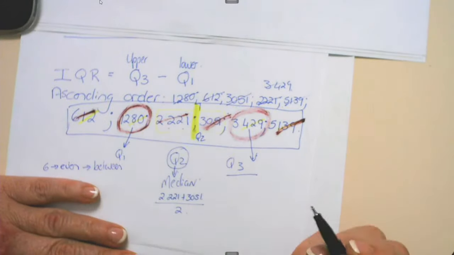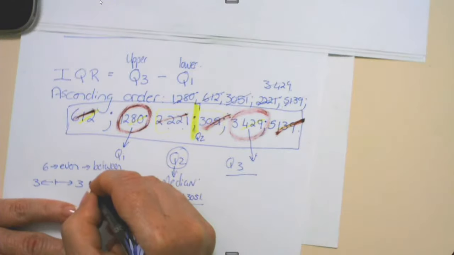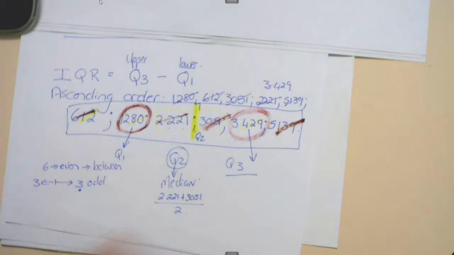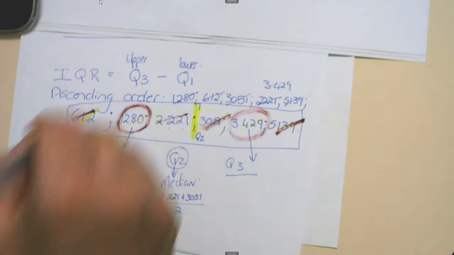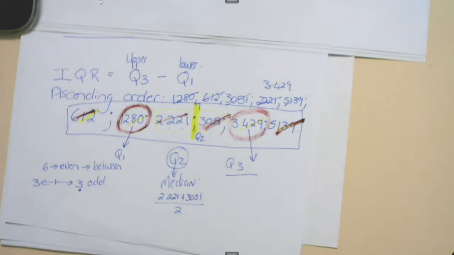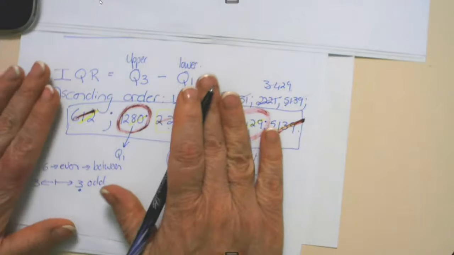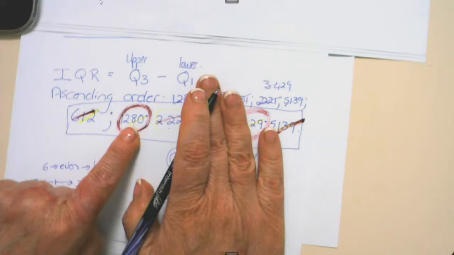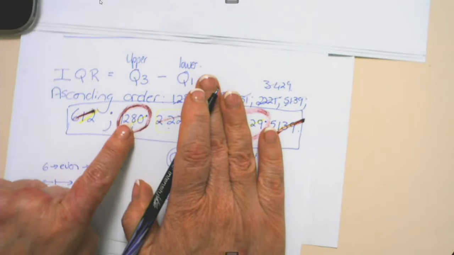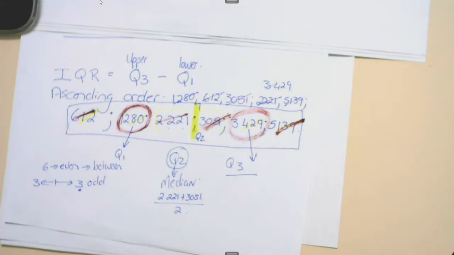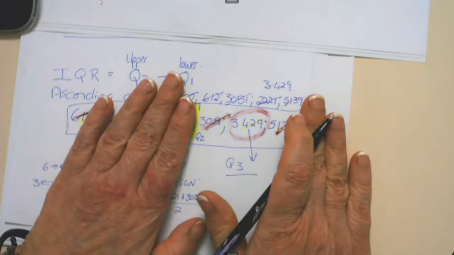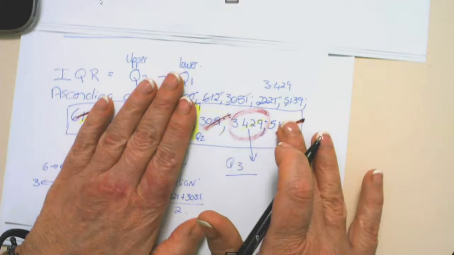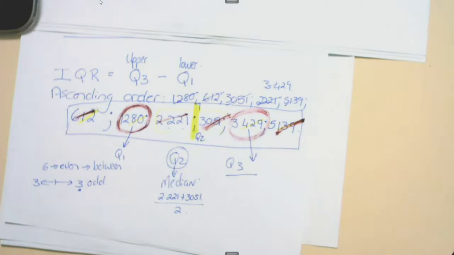But if I have an odd number, like 3, the value I'm looking for is going to be on one of these values. There are 3 values, one on either side and one in the middle. It falls exactly on the value of 1280. And the same on that side. I've got 3 values, one on the one side, one on the other side, and it falls exactly on